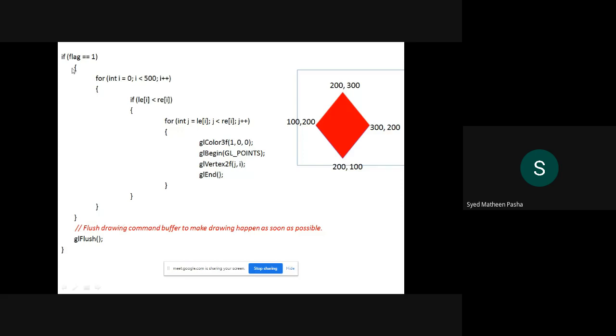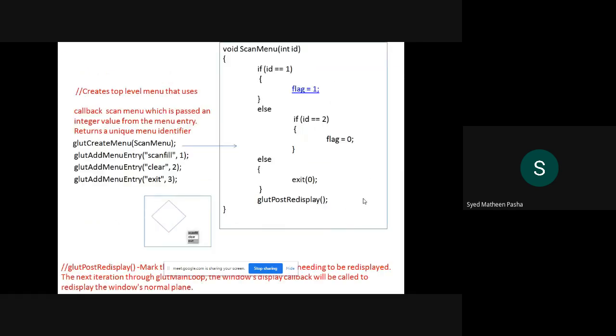Then I'll close all the loops, and then I'll flush the drawing command buffer to make drawing happen as soon as possible. If the control finds this command glFlush, it tells the program to start drawing the object with the related specifications. So now your output is being drawn onto the screen.